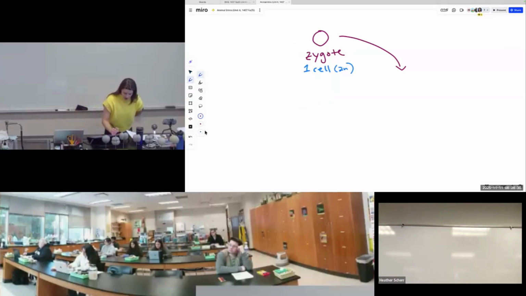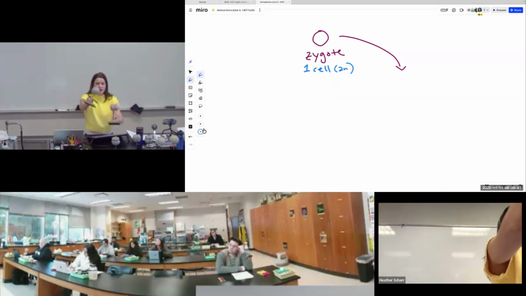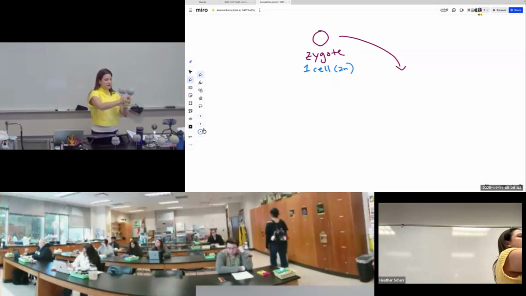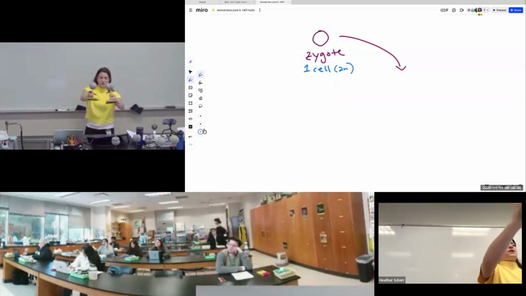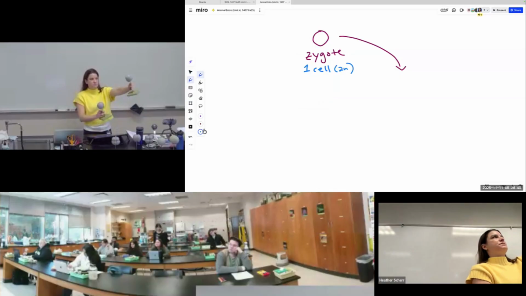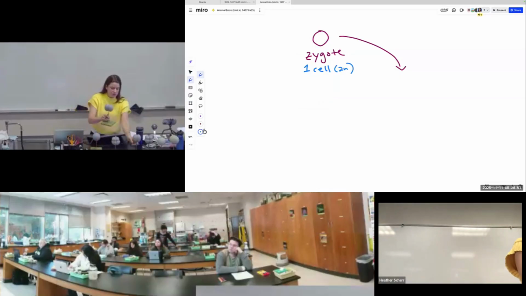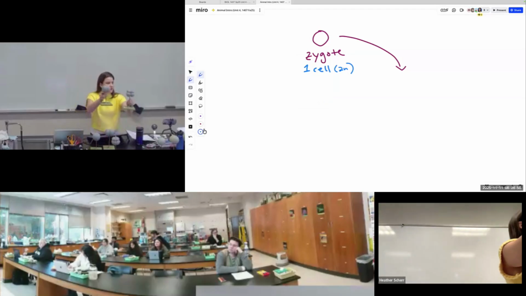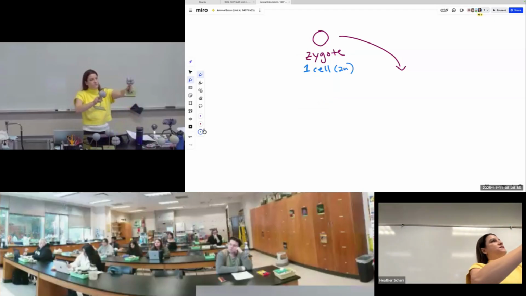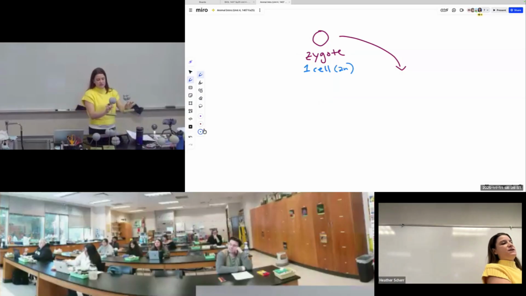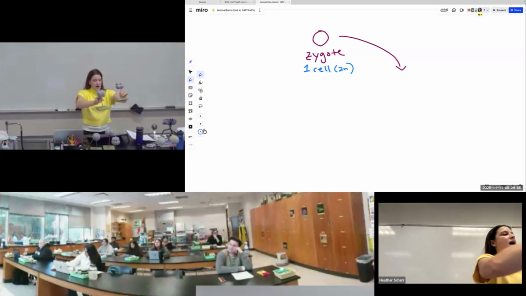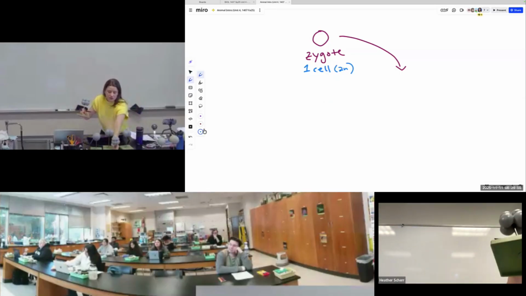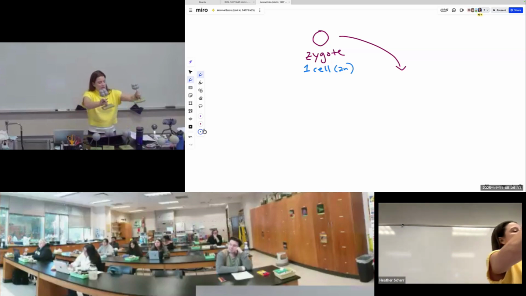That'll divide, and first there's obviously 1 cell goes to 2, 2 goes to 4, 4 goes to 8, and so that's what you're seeing here, right? This is the zygote, 1 cell here. That's going to divide. Into this is now 2 cells, and then that will divide into 4 cells, and of course that will divide into 8 cells. And then at this point, even at these earlier stages, you can have different sort of arrangements of how they divide, but we'll see that in a minute. And then you have 8 cells that'll divide into 16 cells, and then that'll divide more until